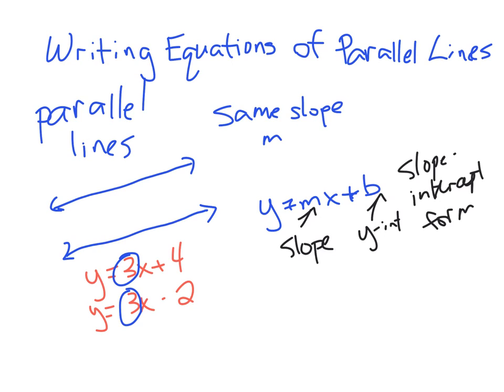Okay, if I gave you two other equations, like y equals 1/4 x plus 1, y equals 1/4 x minus 3. They both have 1/4 as their slope, so therefore they must be parallel lines. If those two slope numbers are not exactly the same, like for example, if I made one of those a negative and the other one was positive, then they would not be parallel lines. Okay, so they have to have the exact same slope. So we're going to use that important information